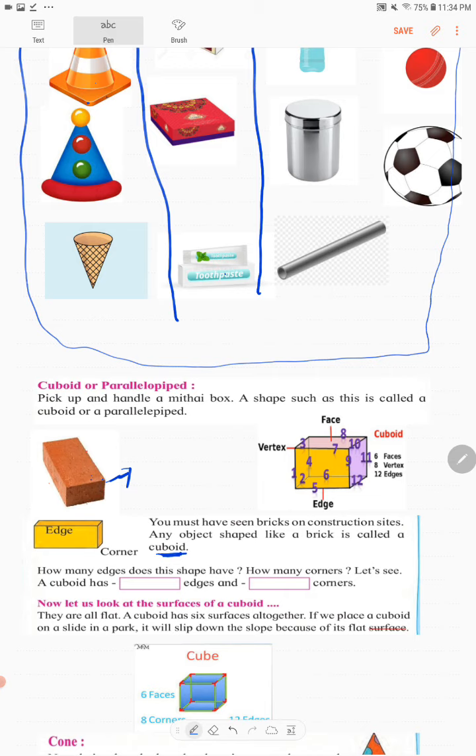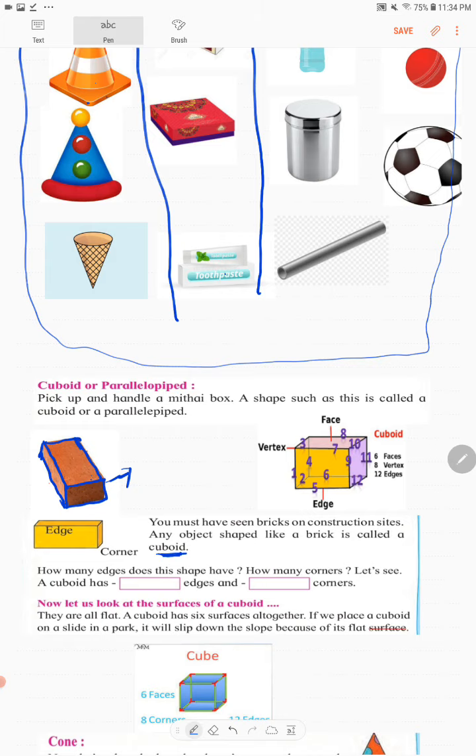Now what do you mean by edges? Edges means these lines. These lines are called edges. So how many edges does a cuboid have? Now see, here I can see only one side. So I can tell you there are 1, 2, 3, 4, 5, 6, 7.